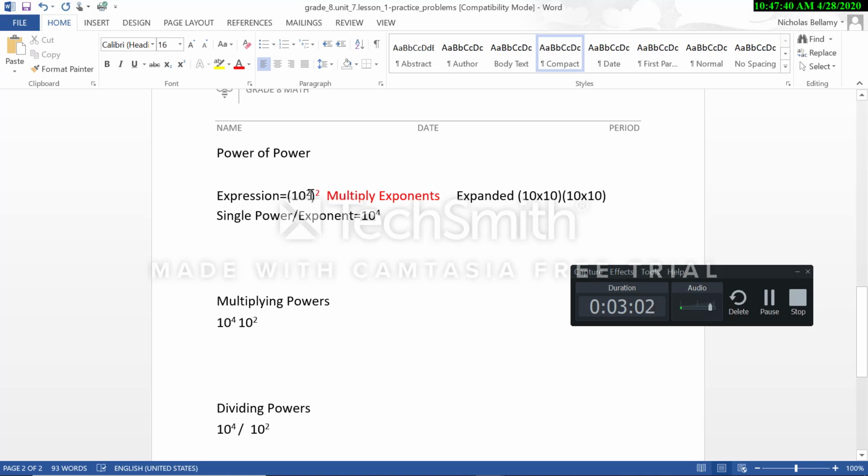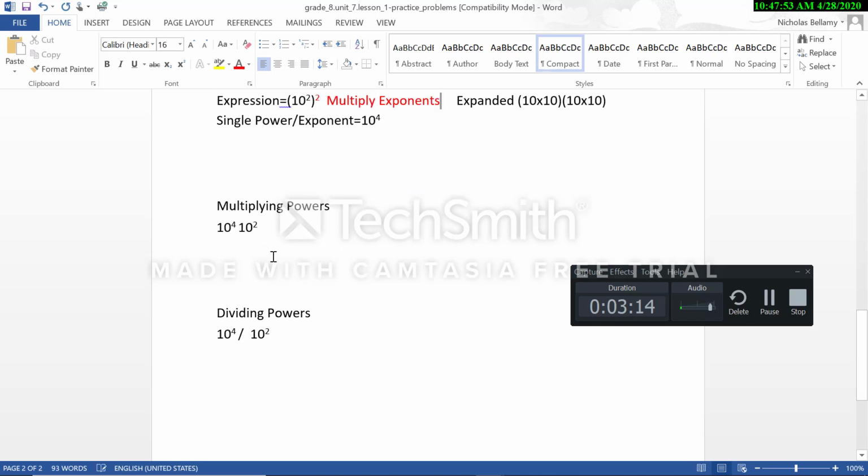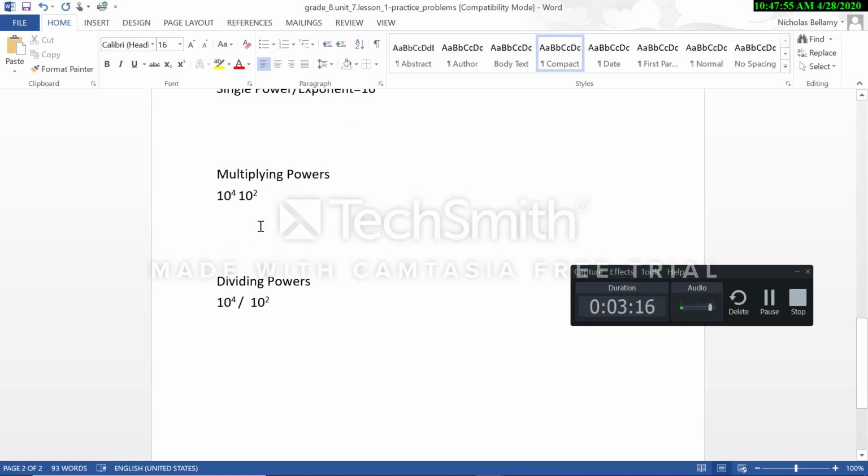So this becomes 2 times 2, which just becomes 4. This is 10 to the fourth power, 10 times 10 times 10 times 10. Okay. For multiplying powers, this happens when you have the same base number,